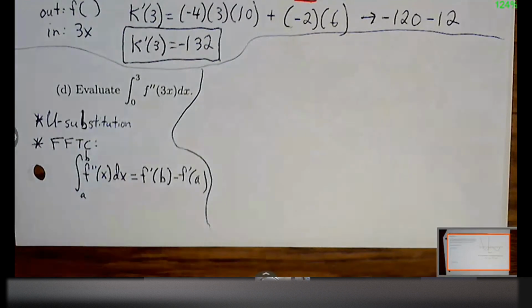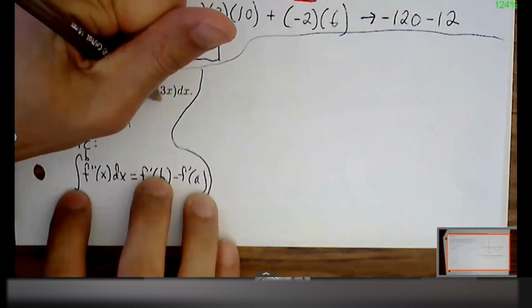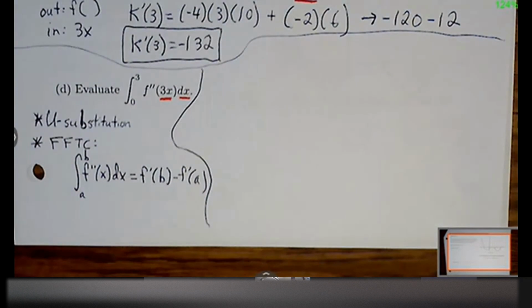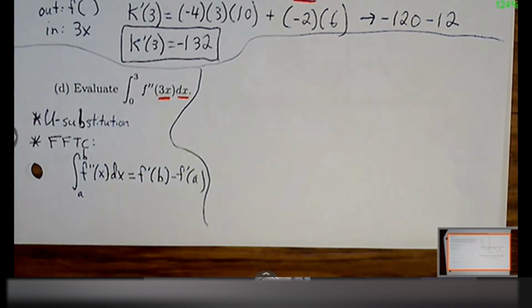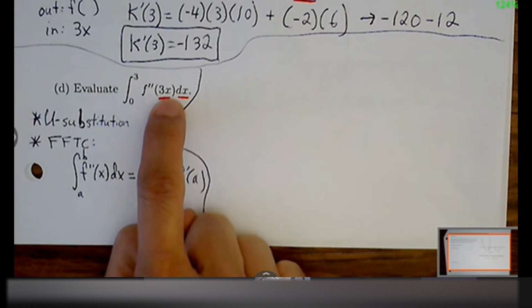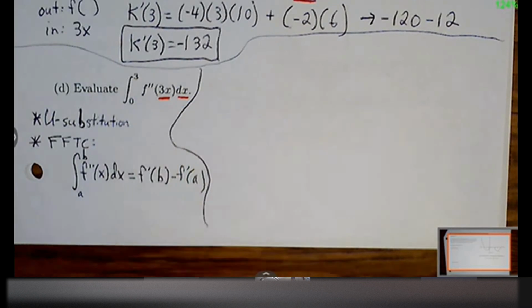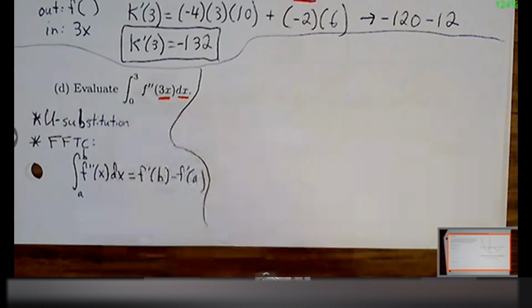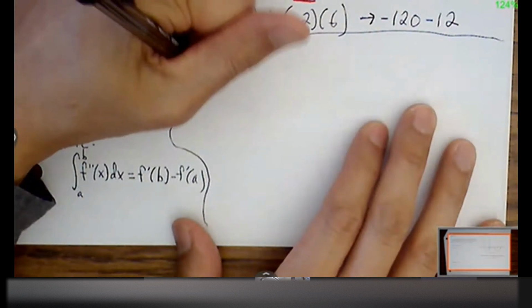So let's start with u substitution, right? We know that our first goal is to figure out what's going to happen with that 3x. After we clean this up, are there any coefficients that we need to keep track of? We're trying to get this cleaned up because right now it's a little bit more involved than what we would like. If it was just f double prime of x, then we can just go forward and take the integral. But that 3x, we need to know what's happening with that inside portion. So u equals 3x.